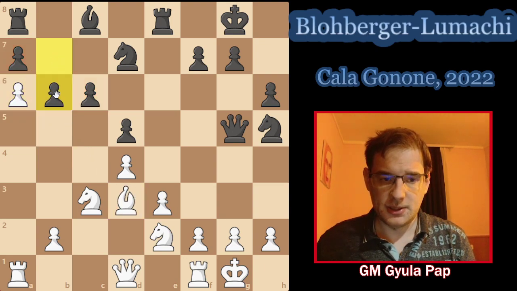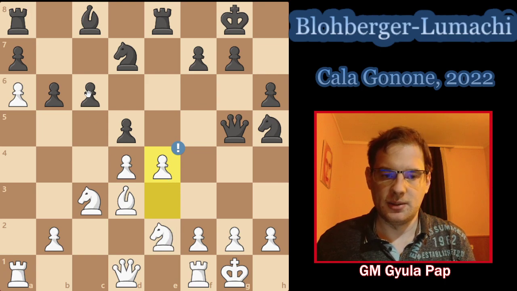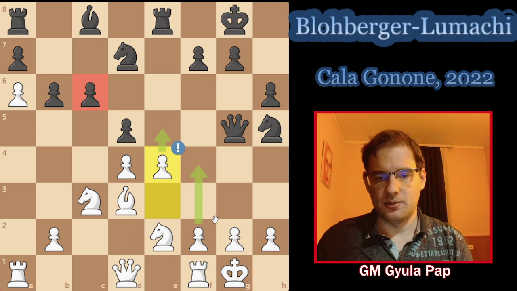And b6, which looks like a normal move, actually also fails to achieve a decent position, because now there is a weakness on c6 and white can take advantage of it immediately with the nice move e4. So we are opening the center to get access to this weakness. Now we have the threat of pushing f4 and then e5, so completely